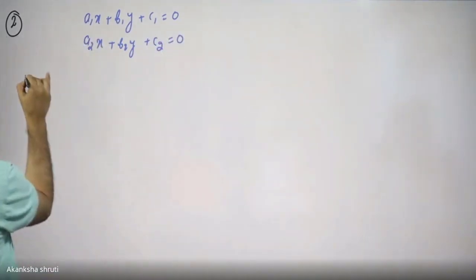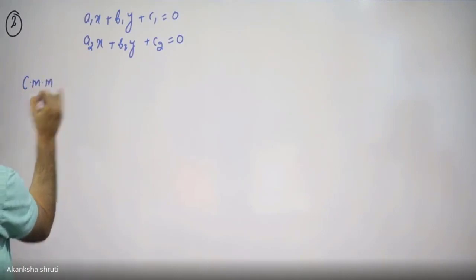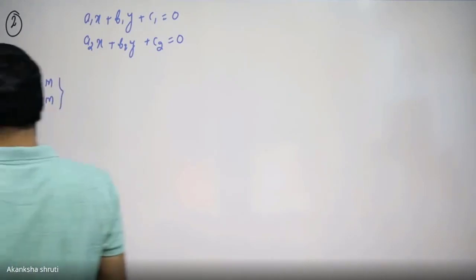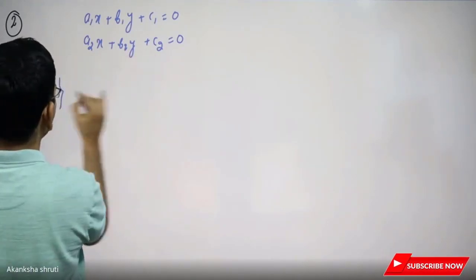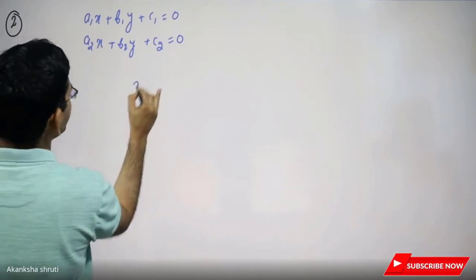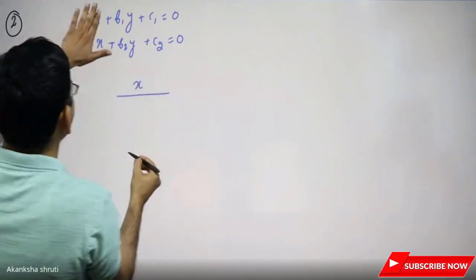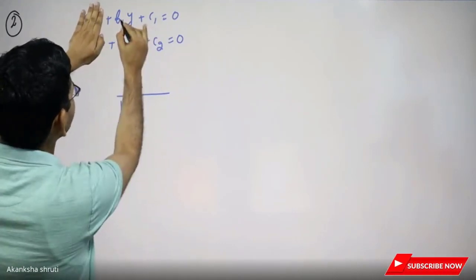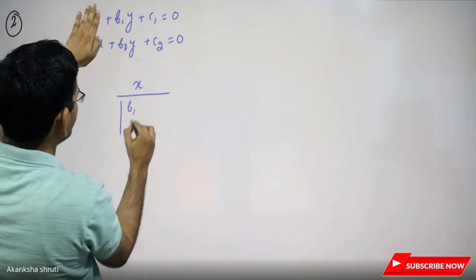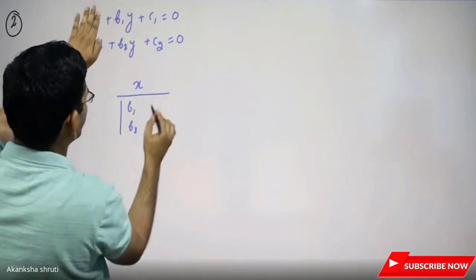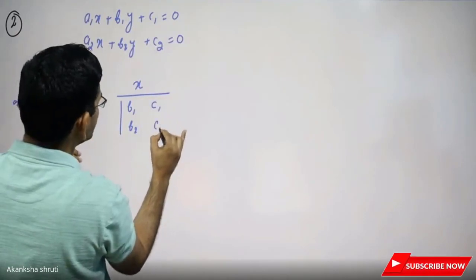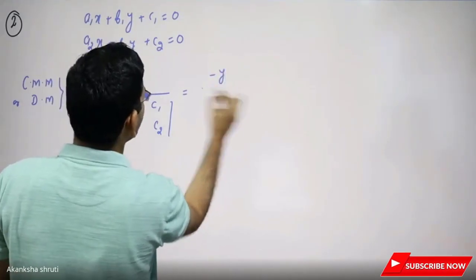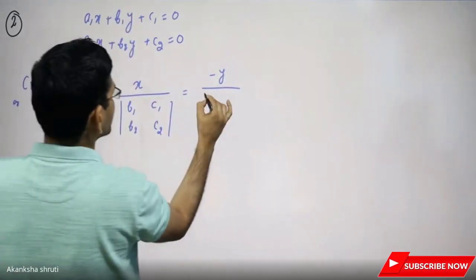By the cross multiplication method or determinant method, the value of x and y can be determined in one step by writing this x, and below this x we have to write the array. By hiding this x, write the numbers b1, b2 in the same order as they appear in the equation, c1, c2, is equal to, write this as minus y, hide this y, it is our